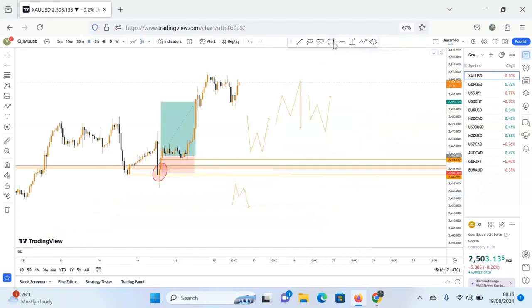Another pattern is the head and shoulder pattern. This type of pattern, this one is inverse head and shoulder. This type of inverse head and shoulder pattern will always happen before that period of reversal, before the price will reverse. And know that the head and shoulder pattern may not necessarily form this way. Some of them will form